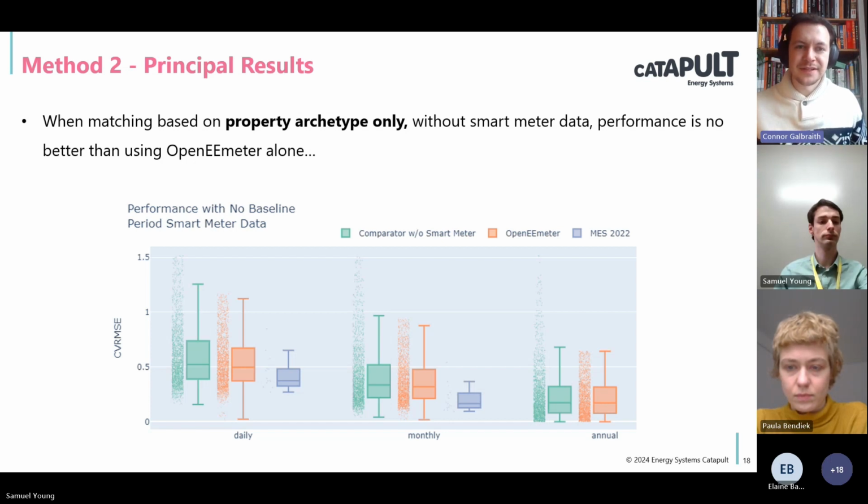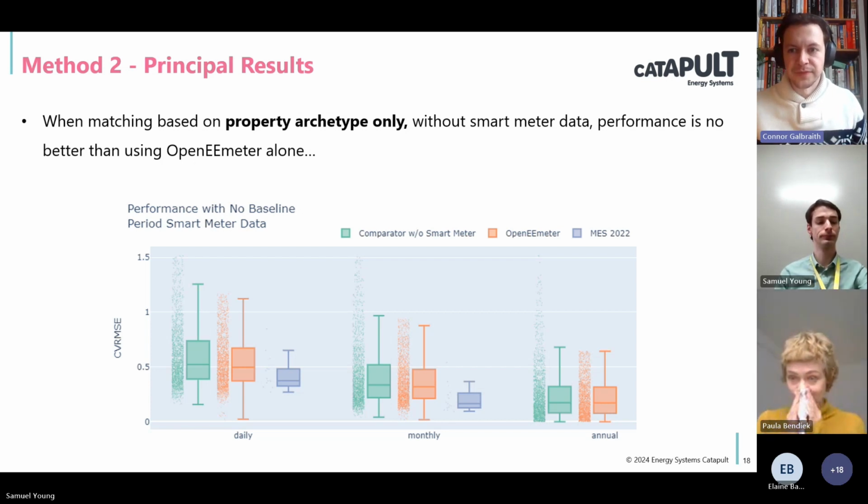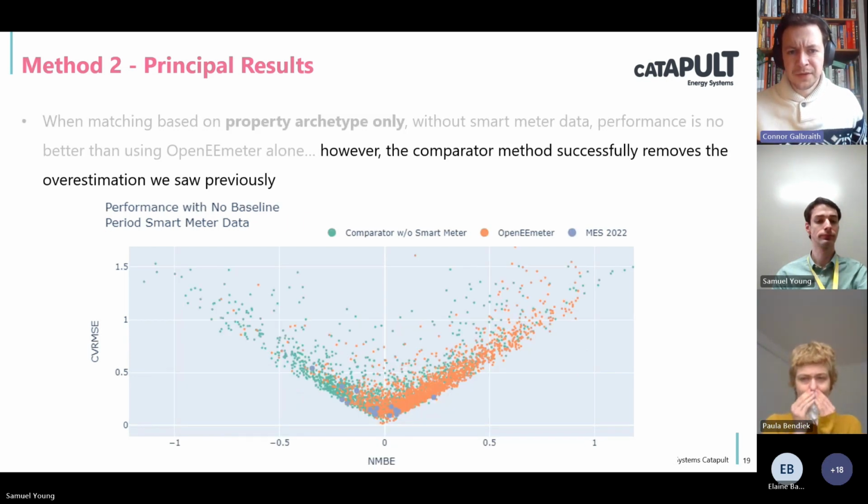Now, this indicates that taking properties that have the same built form, property type, age, and EPC rating doesn't give you enough information about the similarity of their consumption behavior to actually be useful in applying this comparator approach. So instead, we look at some more sophisticated approaches, which on the next slide we'll go through. So